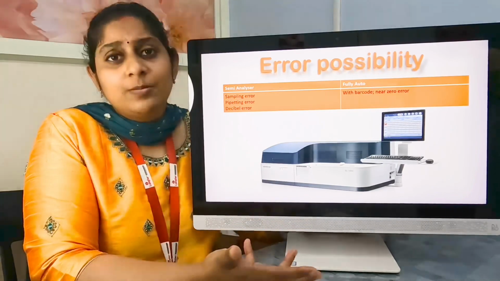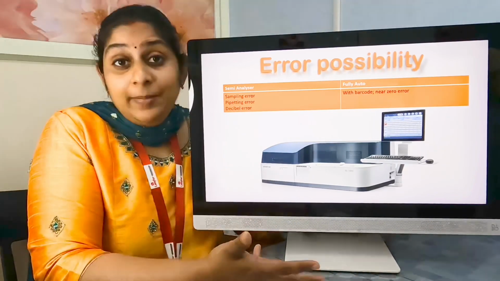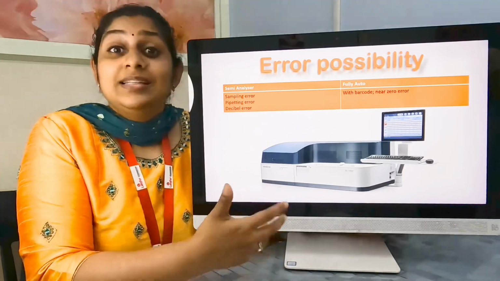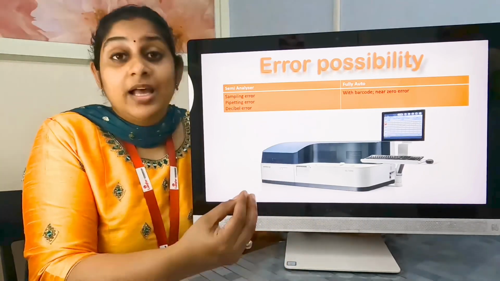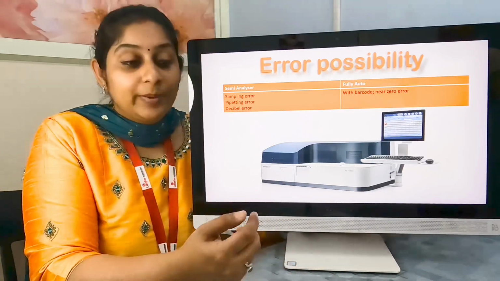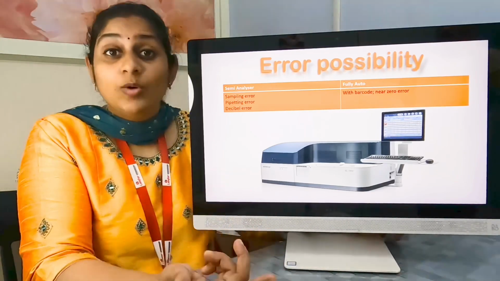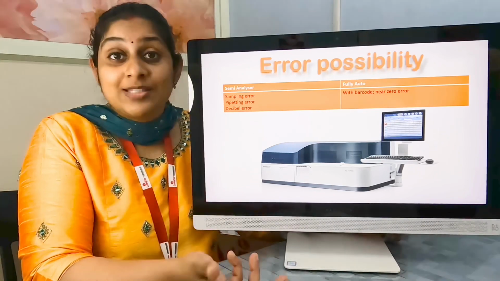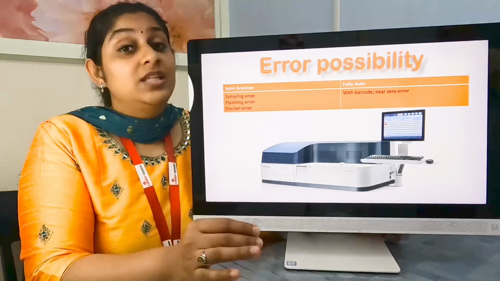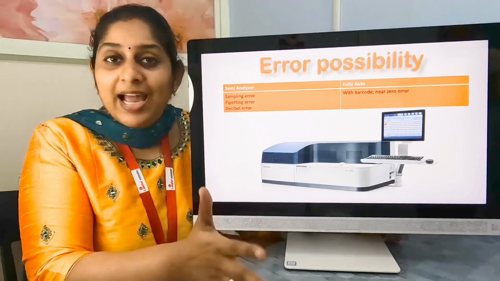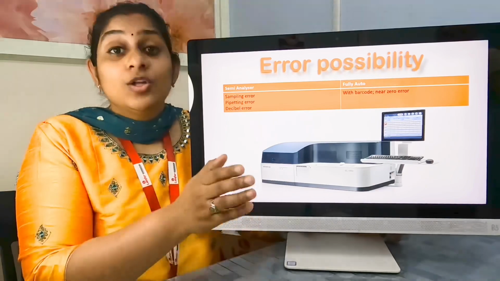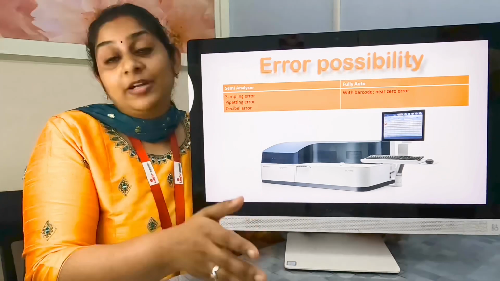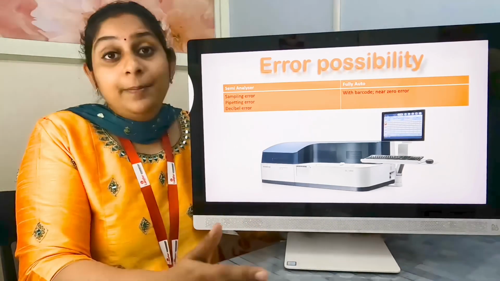So what are the errors possible with the semi-automated analyzer? You can get a pipetting error, a dilution error, or typographical errors. He might see one value, but while entering, because he keeps looking at the screen, he might enter another value. For example, the decimal point, which has to be kept as 0.1, he could have entered as 1.0. These are very common mistakes, but they are very serious mistakes in a diagnostic center, which need to be avoided. So when the sample load is very low, you can go in for a semi-automated one, or else kindly prefer a fully automated machine, that is, a biochemistry machine.